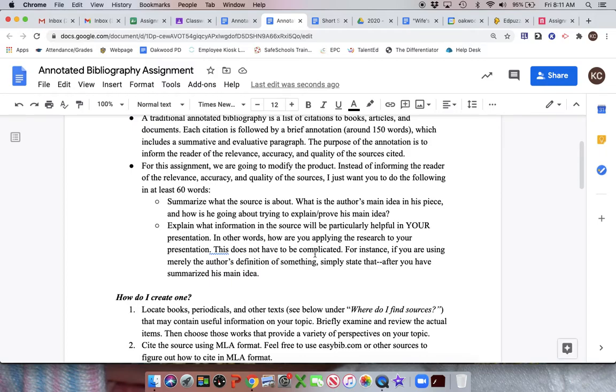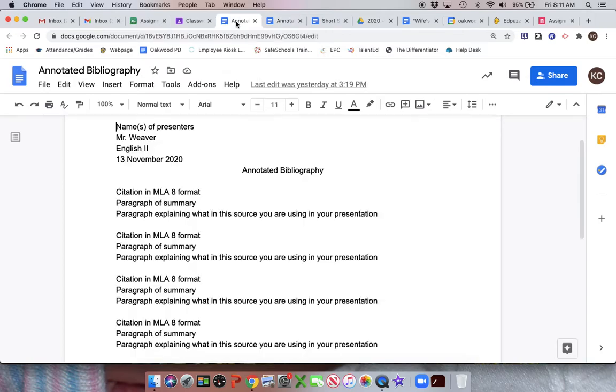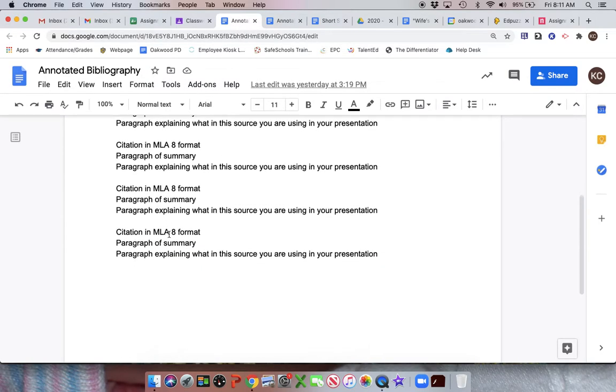When you're doing research, you are looking for several sources, and you're compiling information from those sources. From one source, you might get some definitions. From another source, you might get some risk factors associated with your topic. From another source, you might get some behaviors associated with your topic. From another one, maybe some statistics. So you're going to piecemeal, you're going to get all of these different types of information, and you're going to put it together in your presentation. So I want you to read from a variety,